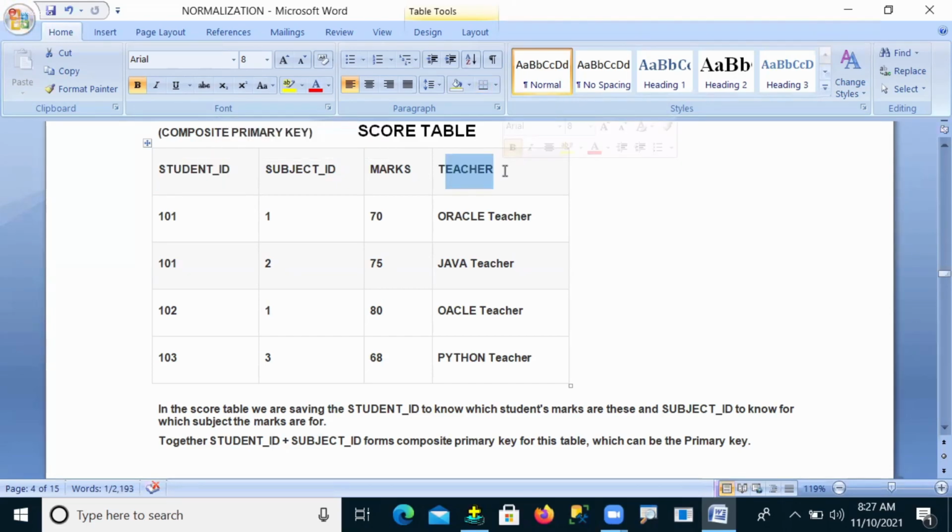Now tell me, as per your second normal form, your table should not contain partial dependency columns. Then what do I want to do?